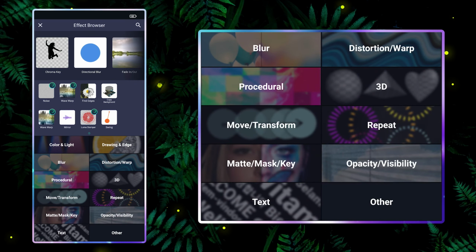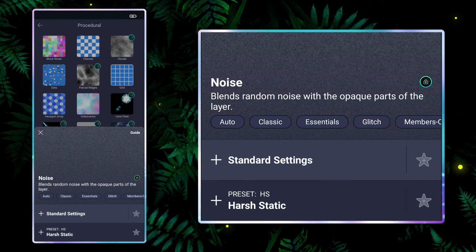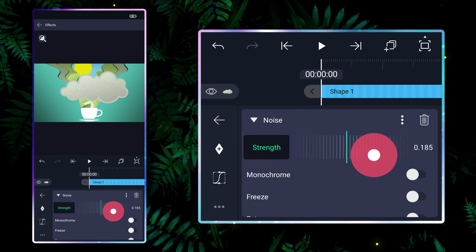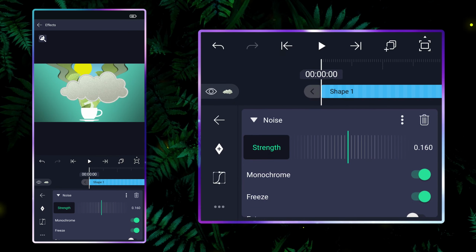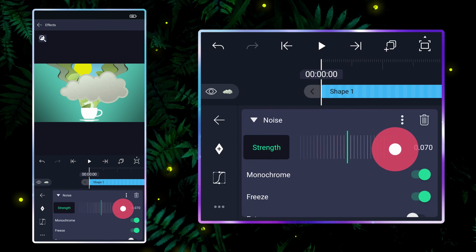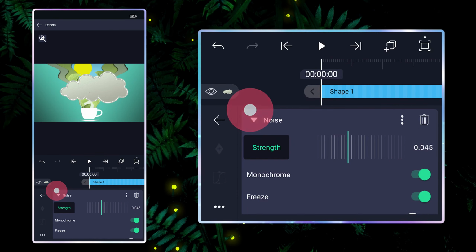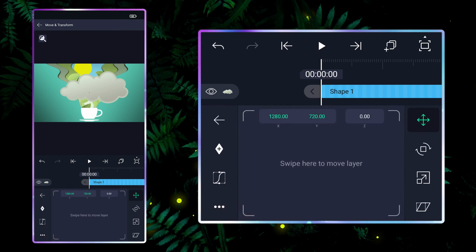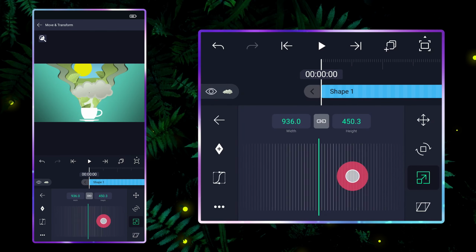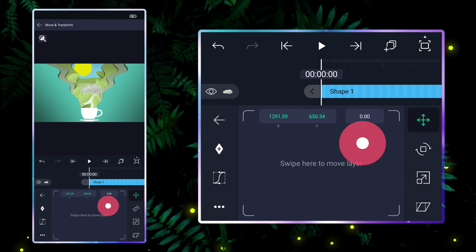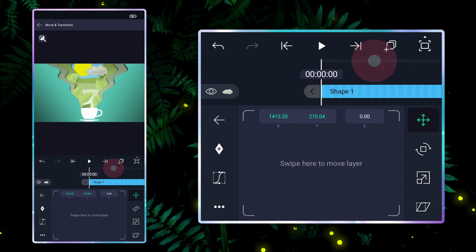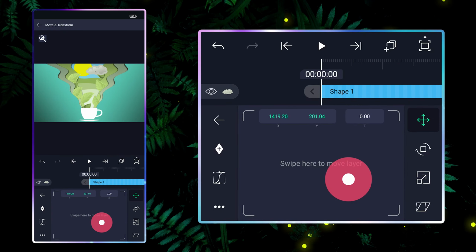Apply noise effect. Adjust its scale and location, and the stroke size.